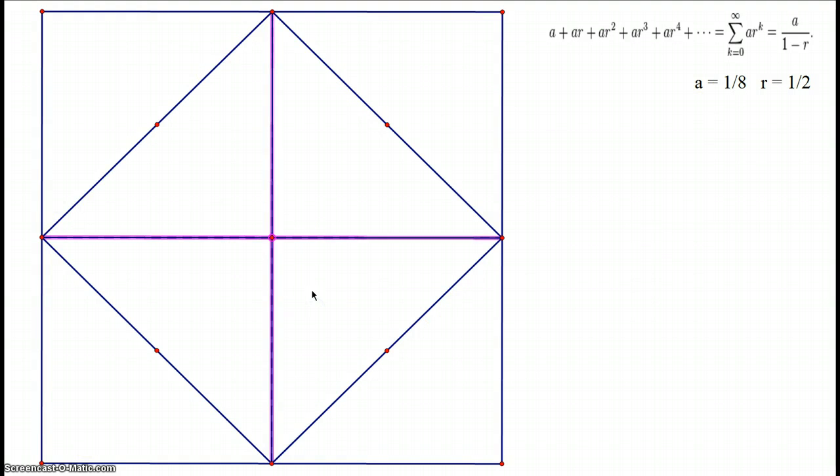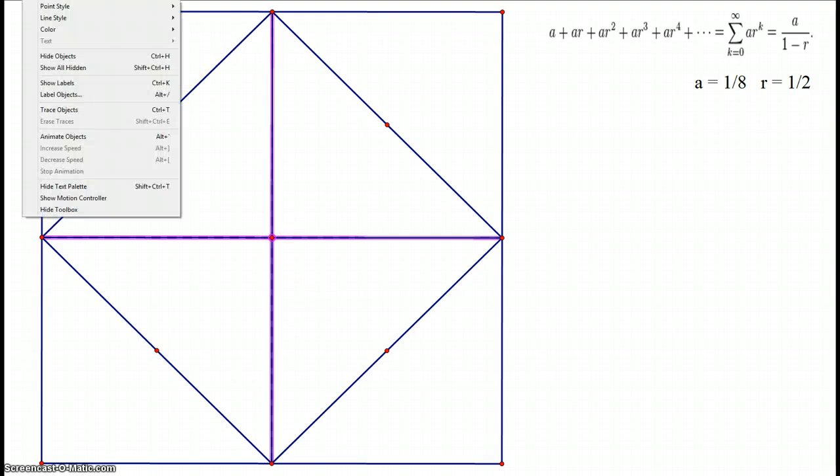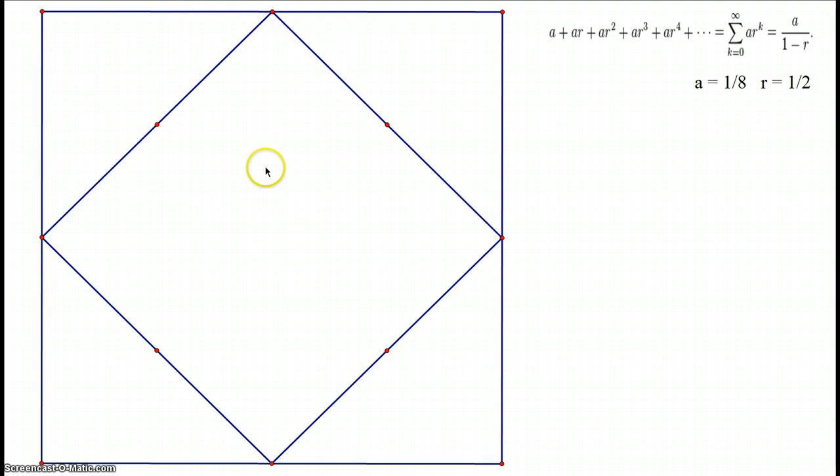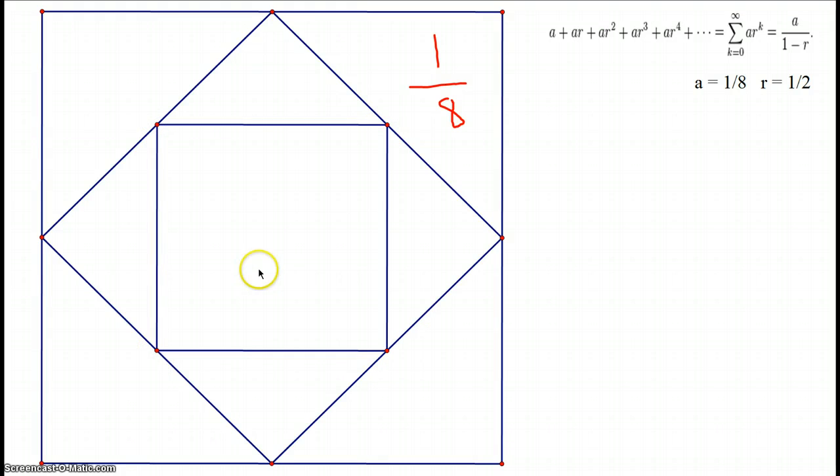So from there, we're going to hide these. We start off with this, which is 1/8 of our big square. So now we move on to these midpoints and connect our lines. And we notice that we have 1, 2, 3, 4, and then if we